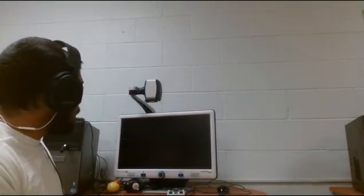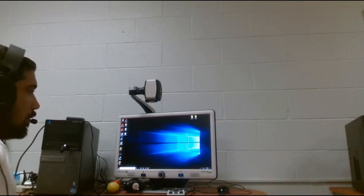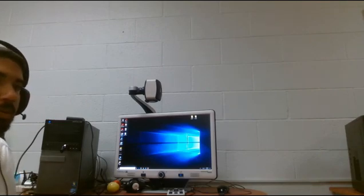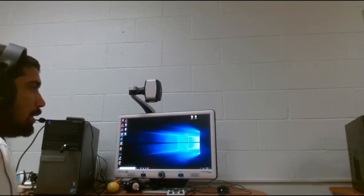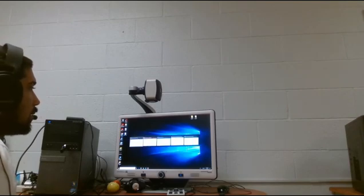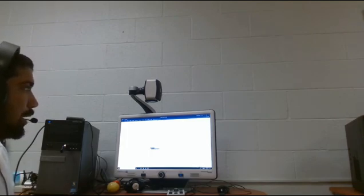Now, a good monitor is really hard to find, and as you can tell in computer mode, let's put it back to computer mode. As you can see, it's very sharp and very clear, which is very important for a blind or low vision individual, just for the simple fact that we need our colors to pop and we need to be able to have contrast and see everything that goes on. And as you can see right here, this is a Word document, and it is a lesson that I will be working on for you guys to show in my later videos. So overall, this is a great product,